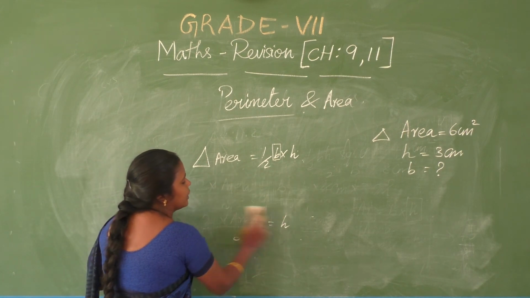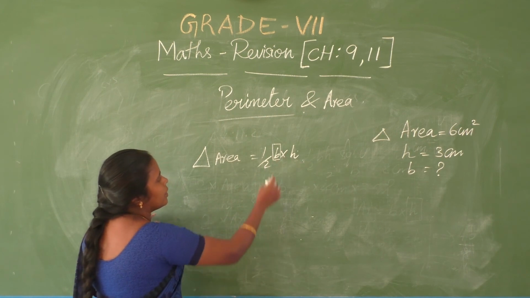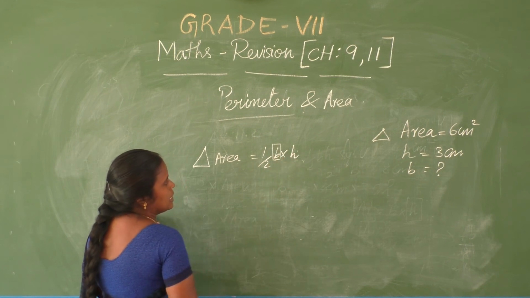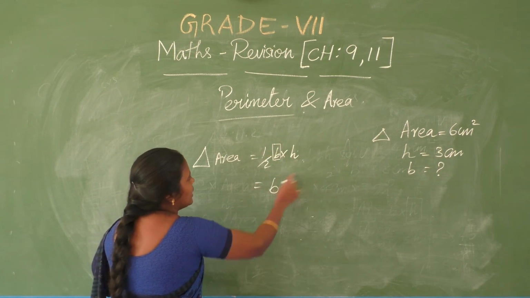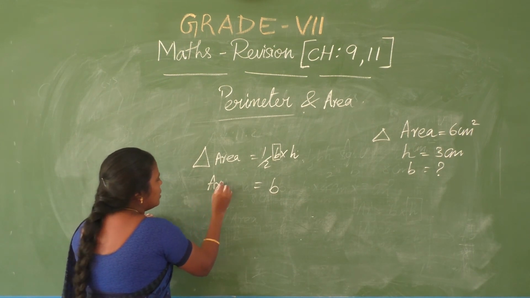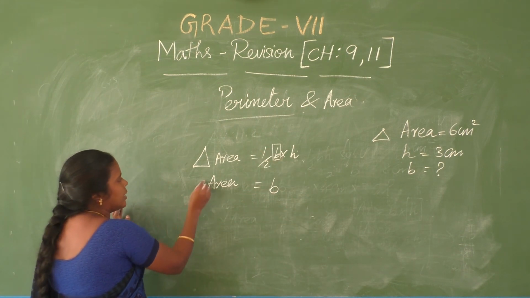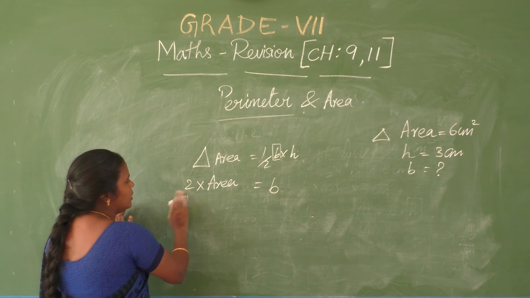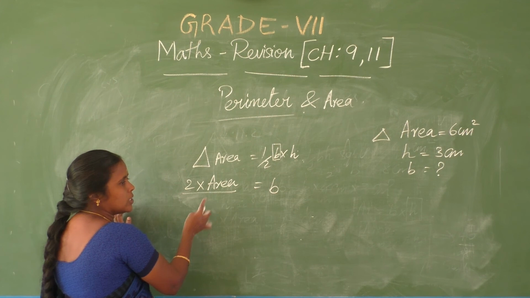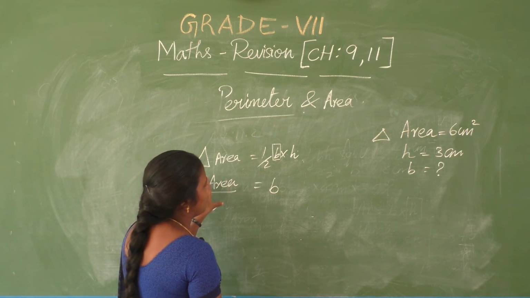What I am trying to tell here. See, area of the triangle is half into base into height. Here the area value is given, height is given, we need base. So base we want means the remaining part is to be taken to one direction. So area is already on the left side, this half is to be shifted to the opposite direction. At that time it comes to 2 by 1, nothing but 2. This multiple h is to be shifted to the opposite direction. At that time it comes to the denominator. Clear? So now apply the given values in the proper places.